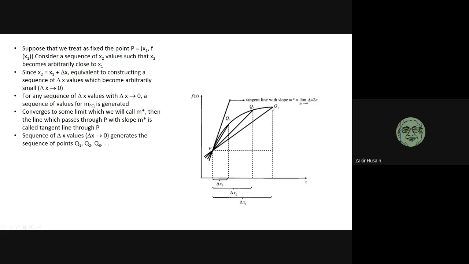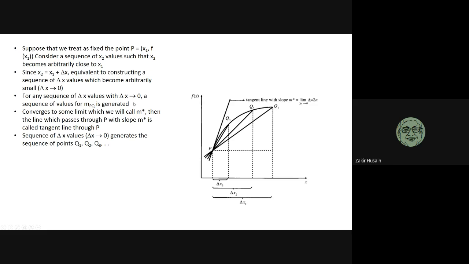Now we start from Q1 and we gradually bring Q closer towards P. So we come down the curve. That means this del x part, the difference between x2 and x1, is gradually coming down. Initially this was the gap, then the gap is this, then the gap falls further to x3 and so on. In this way we go on reducing del x until it tends to 0.